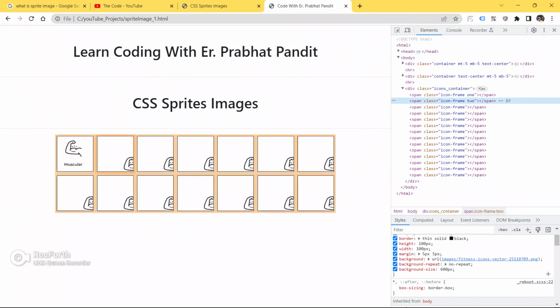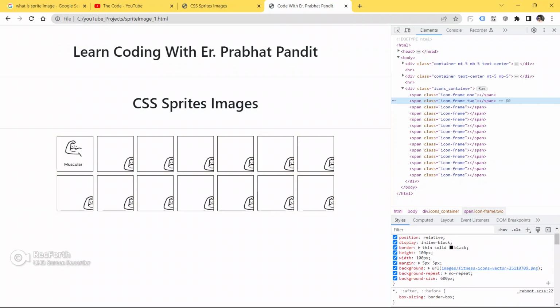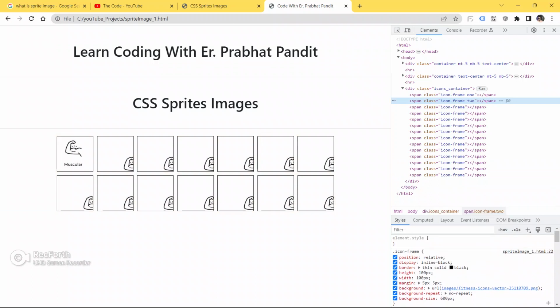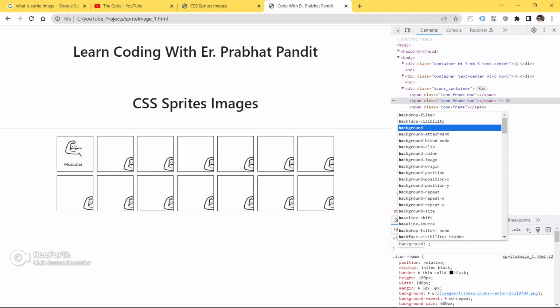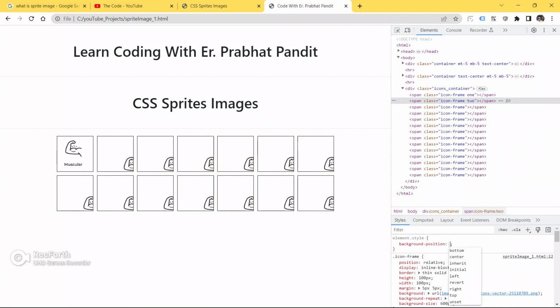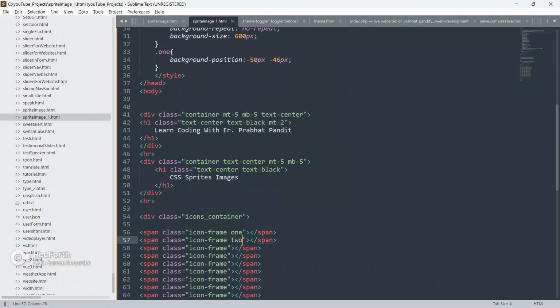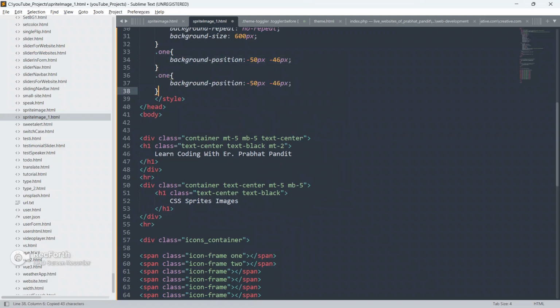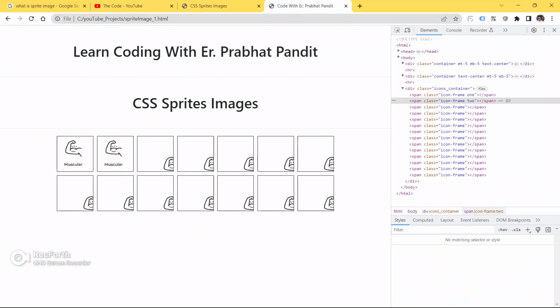Let me inspect it here. First of all, just copy this and paste it here, make it 2, save your code, go to the browser and refresh your page.